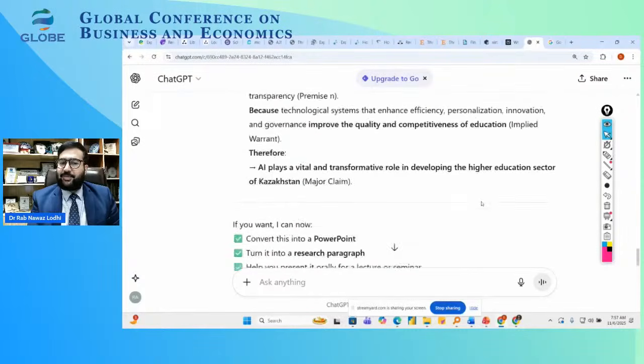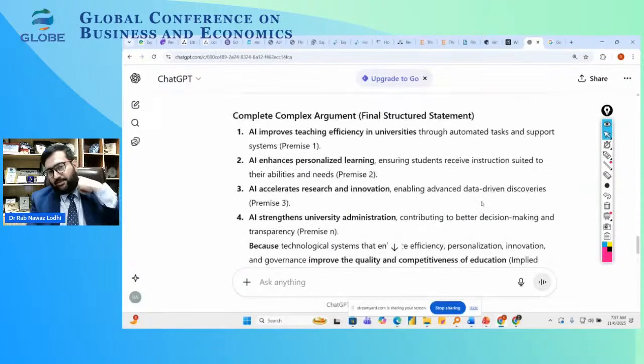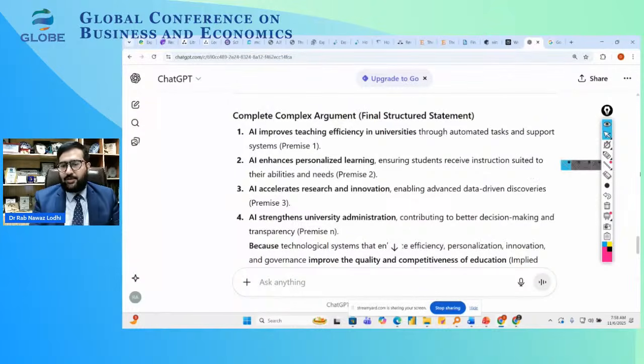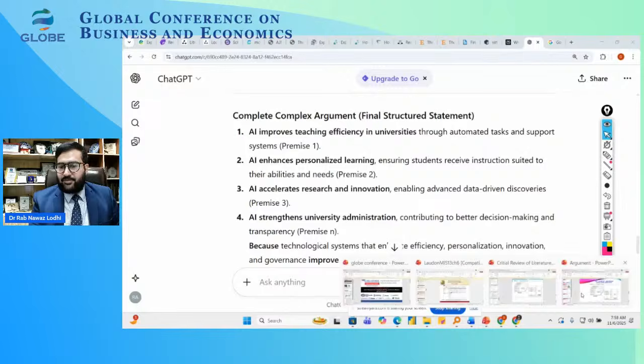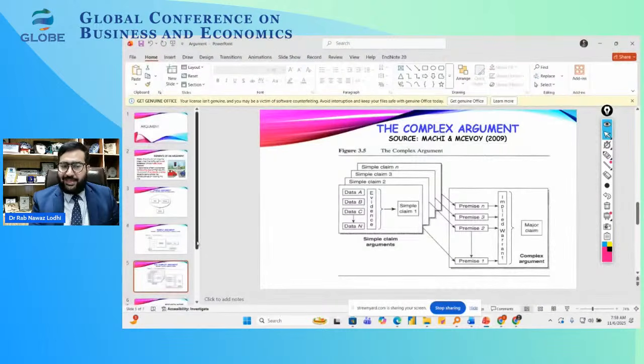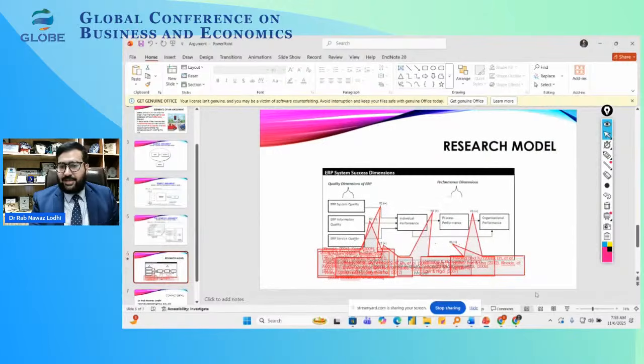So this is something very interesting, right? So we can develop our argument with the help of these AI tools like ChatGPT, like Perplexity, like DeepSeek. So you can utilize these wonderful tools for your literature review. I believe you will be enjoying. And the last thing I would like to discuss with you, that normally in quantitative research, just like this model,